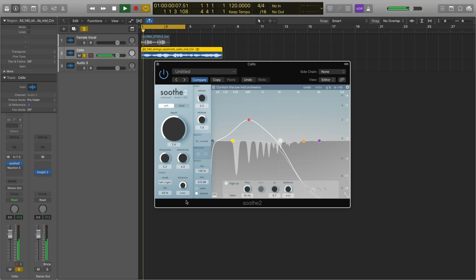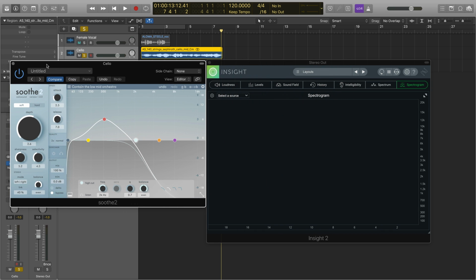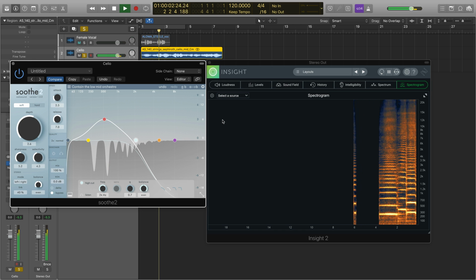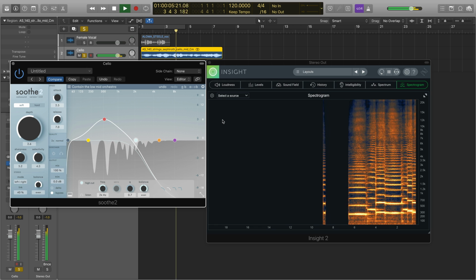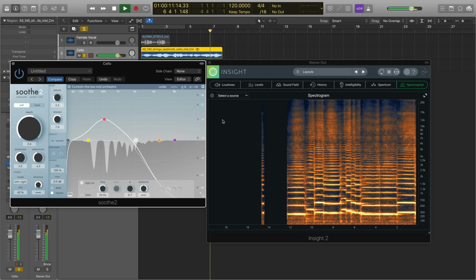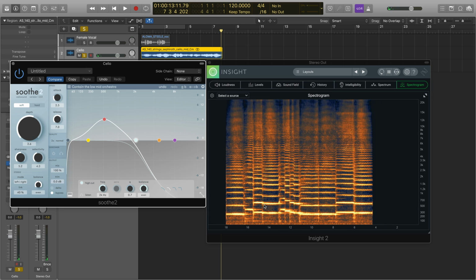Here's before. So to me, that's super resonant. Let's pull up Insight and see if we can see the spectrogram and see those bright, shiny harmonics. Whoops, let's go back. Okay, so you can see here, especially at 300, going up and down, a little bit up here at 500,